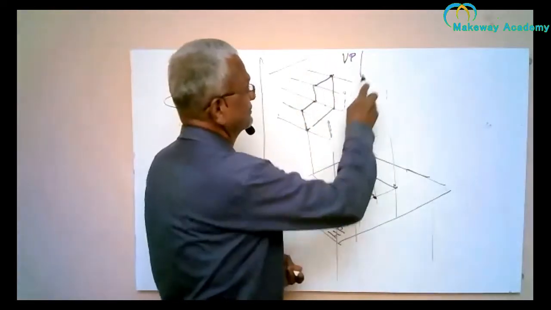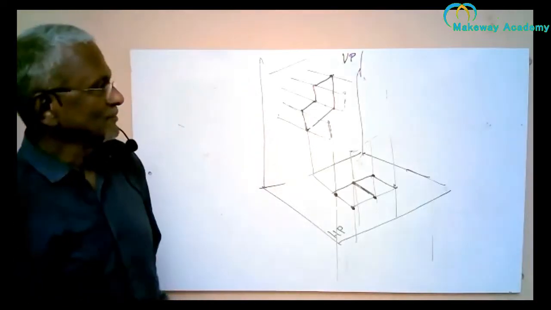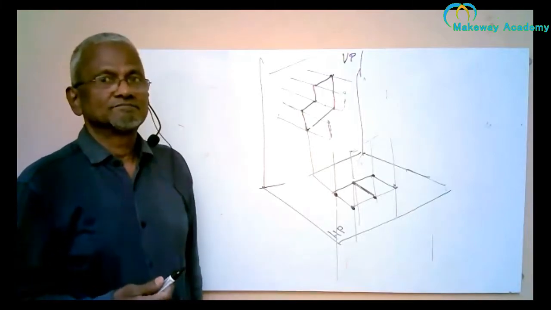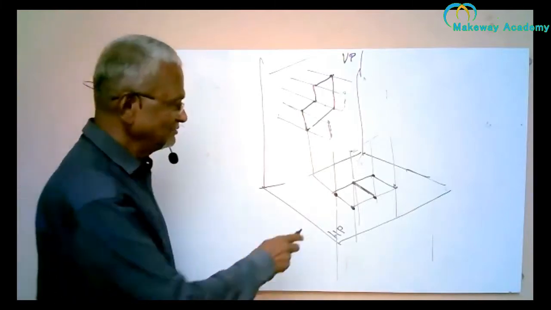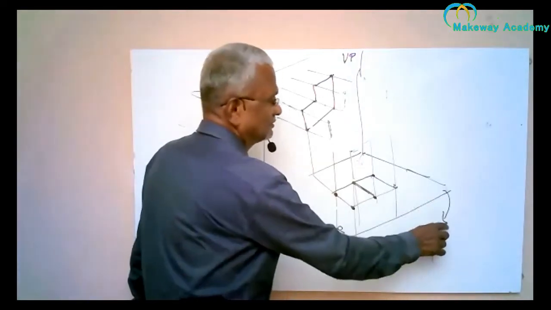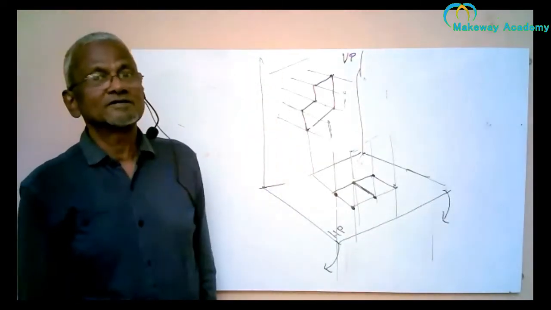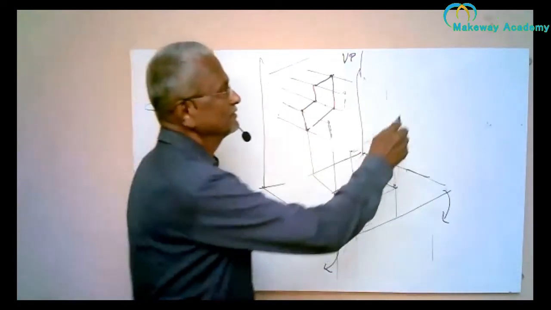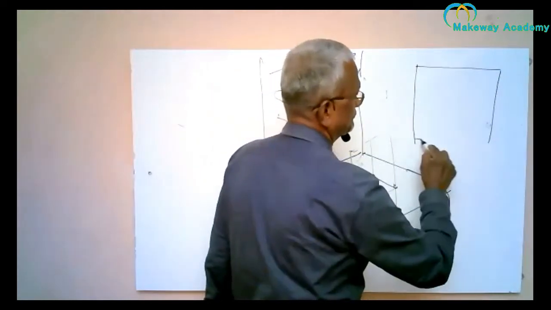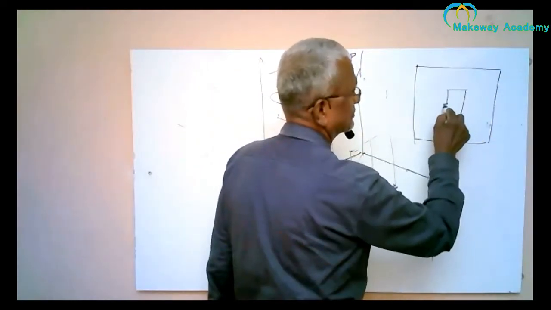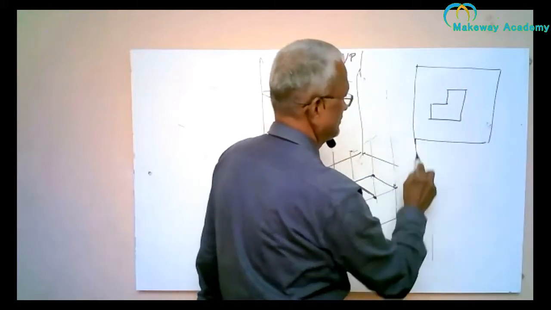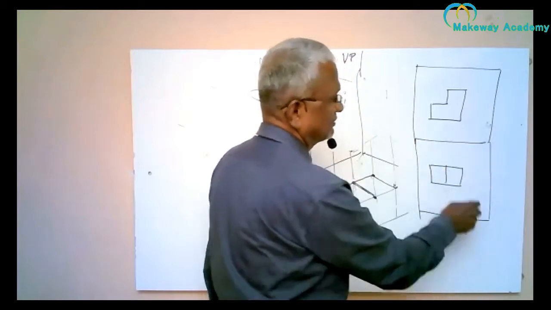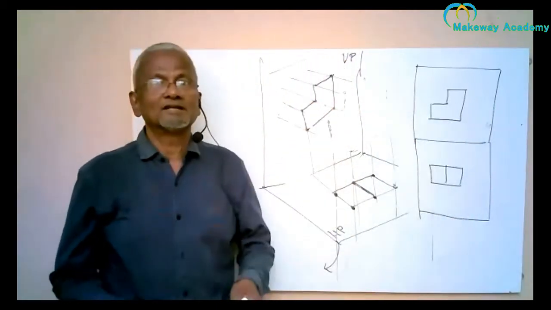So I have got the projection. Now what I do is I rotate the horizontal plane in the clockwise direction, 90 degrees. So this horizontal plane is rotated. When the horizontal plane is rotated 90 degrees in the clockwise direction, it becomes an extension of the vertical plane. So this is the vertical plane. This is the projection. This is the horizontal plane. This is a projection. So now they have become one plane.